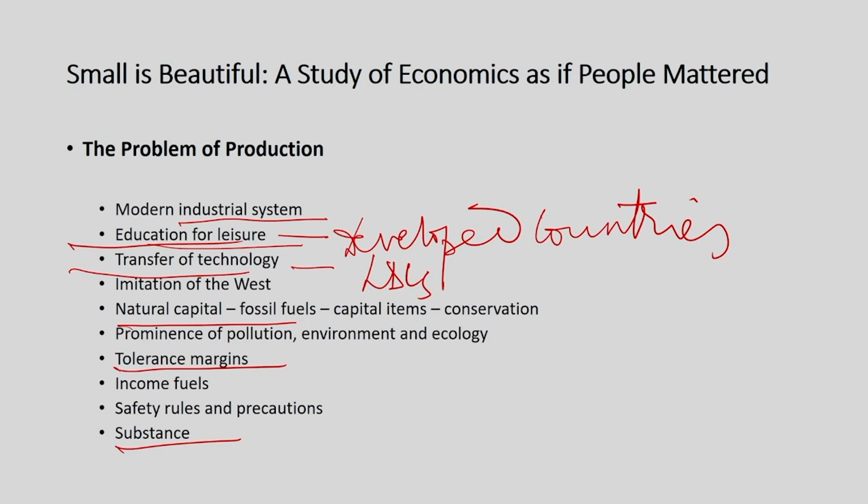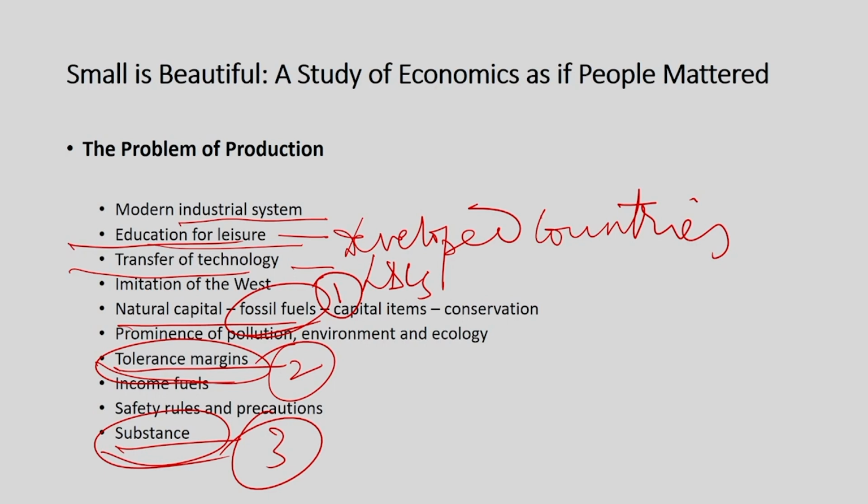The illusion that the problem of production has been solved is mainly due to our inability to recognize that the modern industrial system, with all its intellectual sophistication, consumes the very basis on which it has been erected. To use the language of the economist, it lives on irreplaceable capital which it cheerfully treats as income. Schumacher specified three categories of such capital, namely fossil fuels, one; the tolerance margins of nature, two; and thirdly the human substance. Okay,